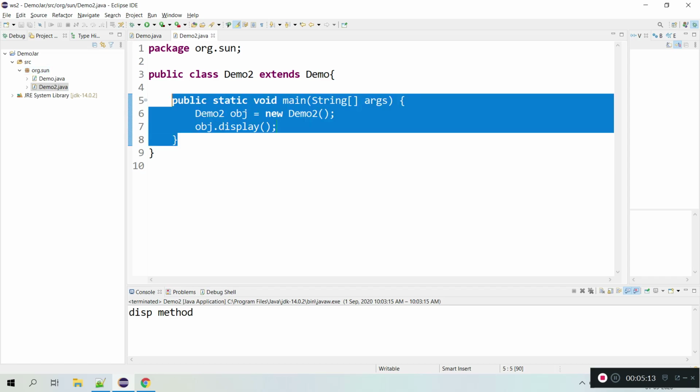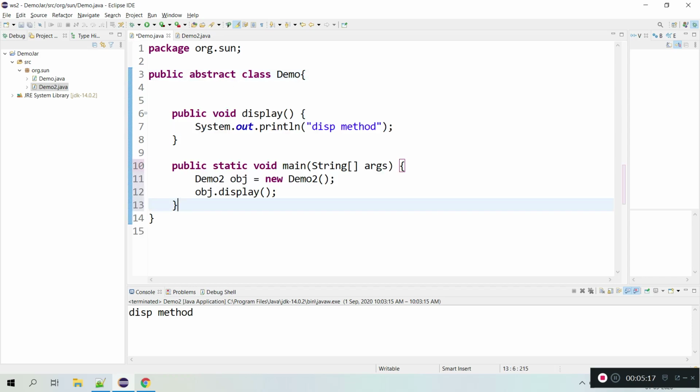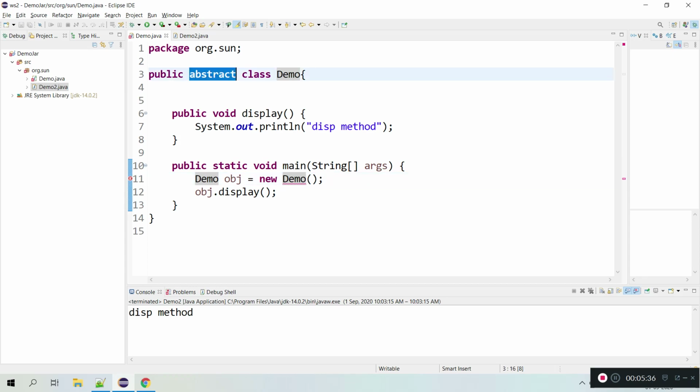But I cannot do the same for a demo object, because demo is not a concrete class, it's an abstract class. We cannot create instances of the type demo because it's abstract. So I hope you understood the behavior when creating an instance of an abstract or non-abstract class.